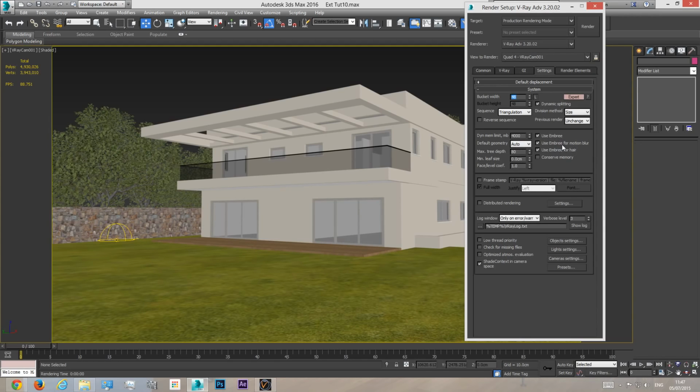So I'm going to use Embrace, but I'm not going to use it for motion blur because we don't need motion blur here. It's for animations. And hair, we don't need to use this too because we don't have hair in our scene. So only use Embrace. Now this dynamic memory limit is the limit of memory that will be assigned to things